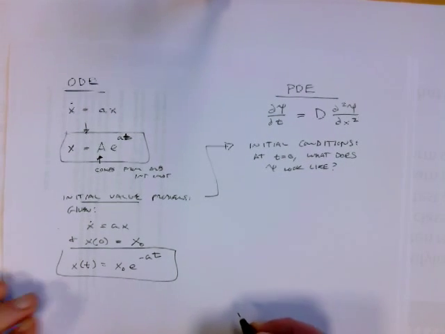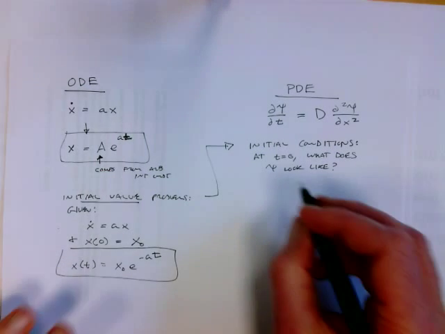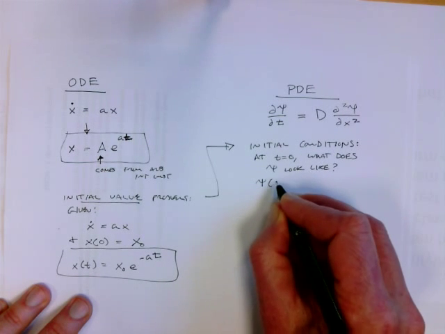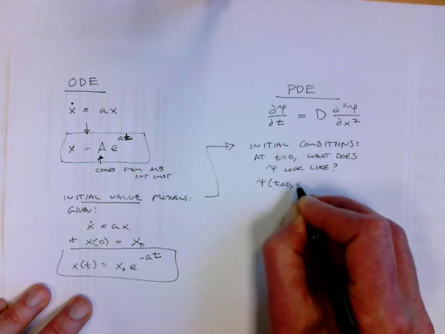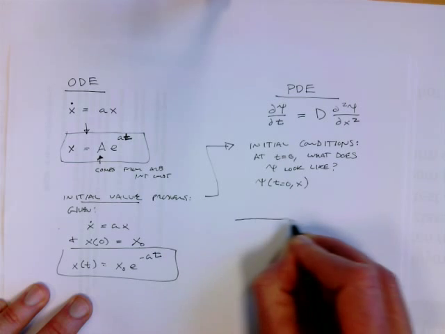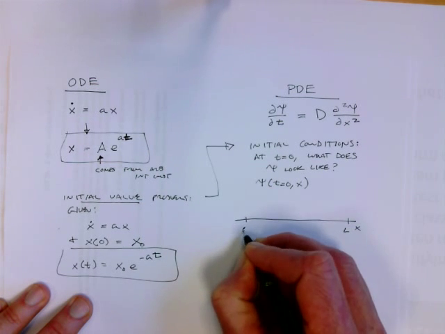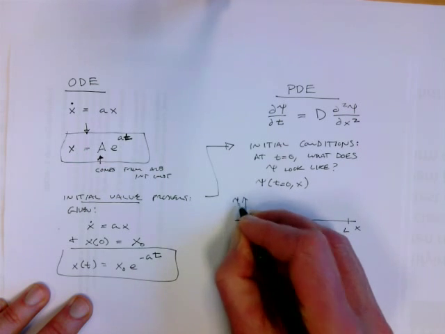Notice the answer to that question is not just a number, it's actually a function. You're finding a function of x at t equals 0. It is still a function of x. So if I plotted that for this bar case, here's x equals 0 and x equals L, and if I plotted psi,